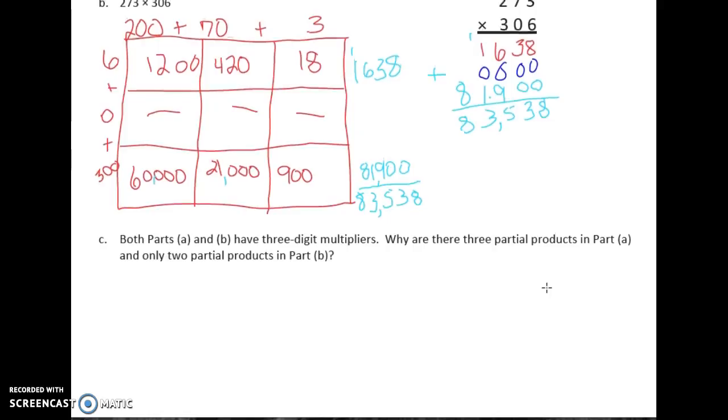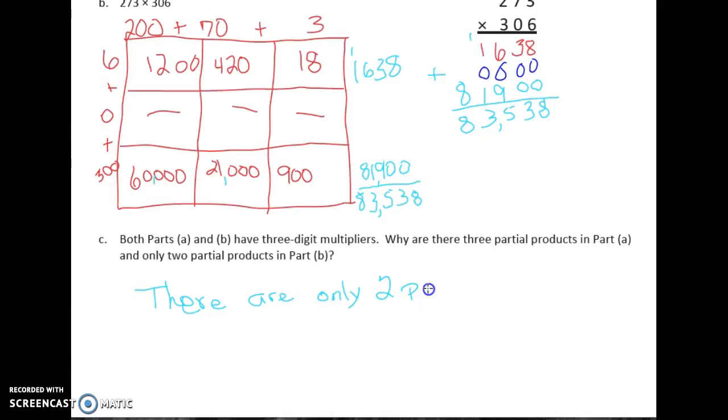And so thinking about this question right here, why are there 3 partial products in part A but only 2 partial products in part B? We can say right here, there. If we can write clearly, there, messy. Let's fix this. Get the pen back. T-H-E-R-E. There are only